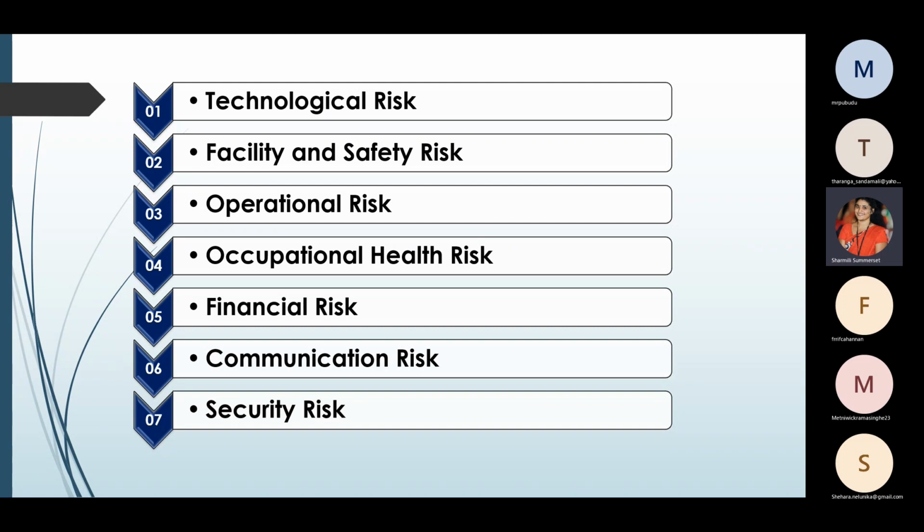If we are not providing the side rails to the bed, then there is a higher chance of falling from the bed. Or if the patient is having fits, for people with fits we need to cover the patient's bed with the side rails. And as a healthcare provider, if you are not putting up the side rails properly, then the patient will fall down from the bed. So it is regarding the safety risk. And the facility risk means also the same: these facilities you are not providing properly to the patient.